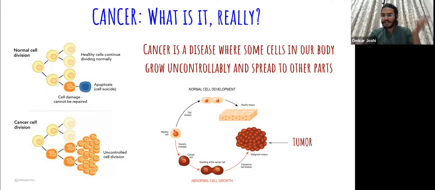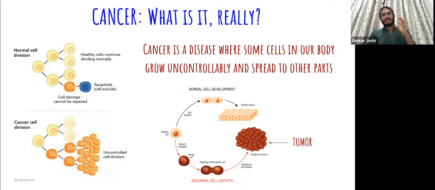So a normal healthy cell in all the normal circumstances will grow, and it will form this nice, beautiful, healthy tissue where there is proper cellular organization. All cells are functioning well. They are looking healthy. And if something goes wrong, they will die. But that does not happen in cancer. Cells keep dividing regardless of any signal, and they form this mass of cells called a tumor.